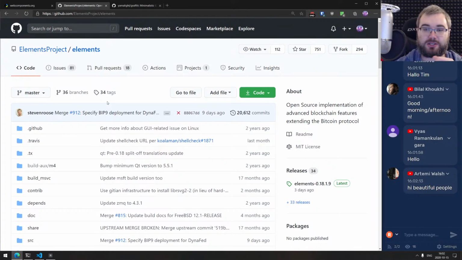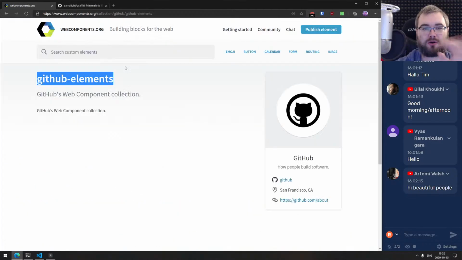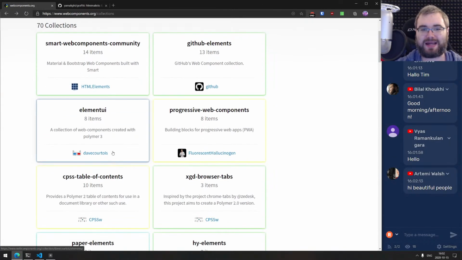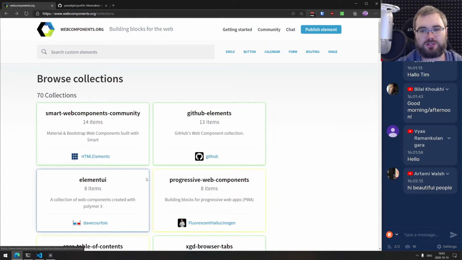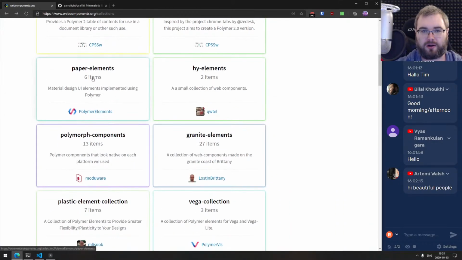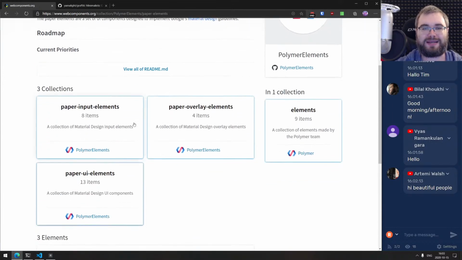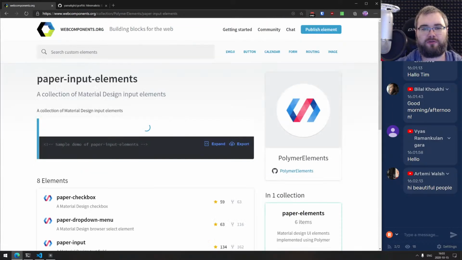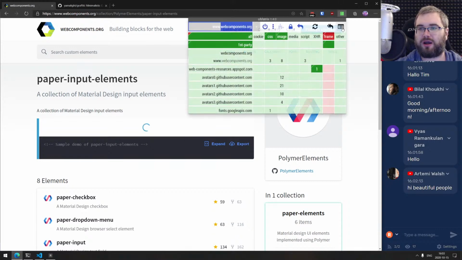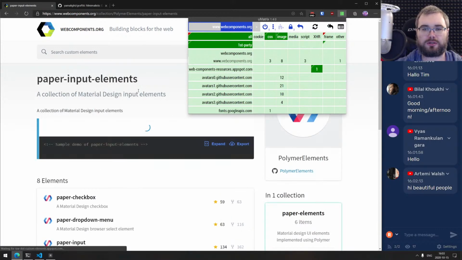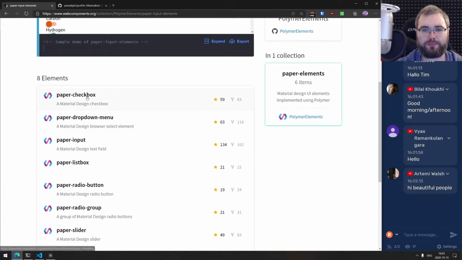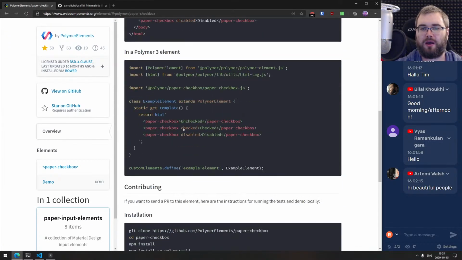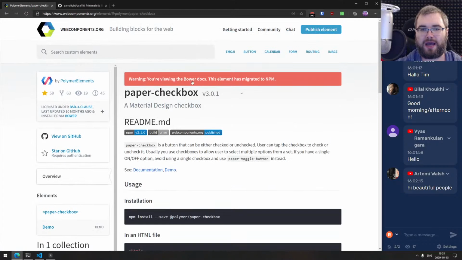Right, so coming back to the components. Essentially, most of the web component related libraries and tools are centered around the components themselves. As in, you actually have Elements UI or GitHub Elements or Polymer paper elements, right? Which are completely separate components that you can grab if you want a fancy input. For whatever reason, it doesn't load. I guess my JavaScript is blocked. So come on now. There we go. So we got the paper input, paper checkbox, whatever. And this is a standalone thing, which you can just drag into your app and use as is,